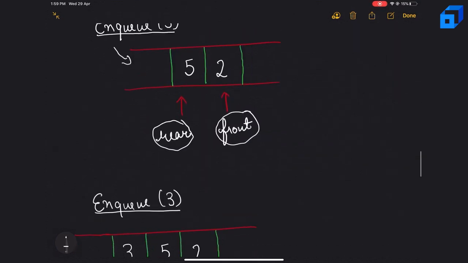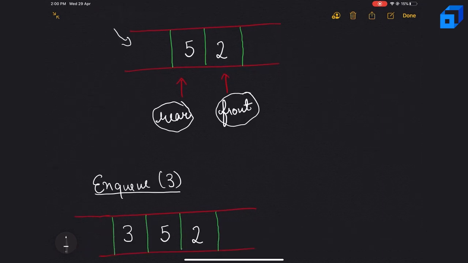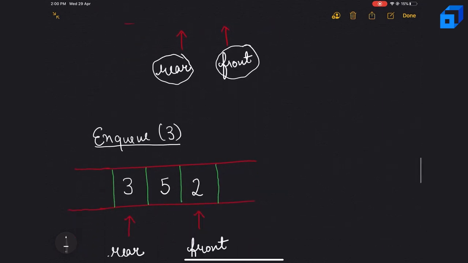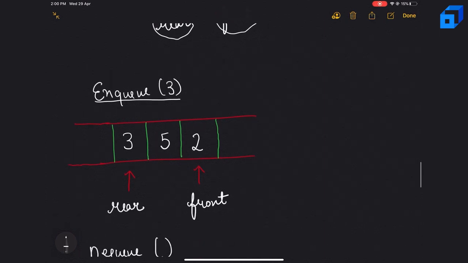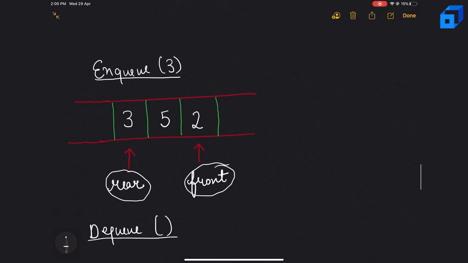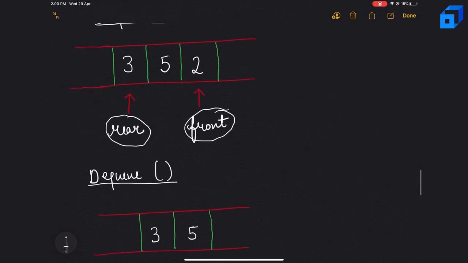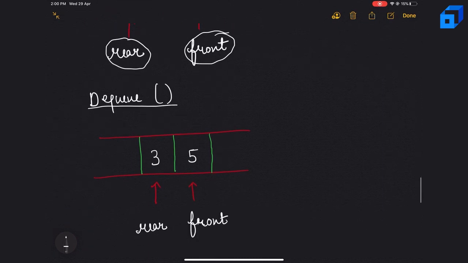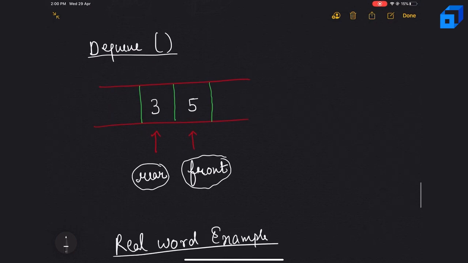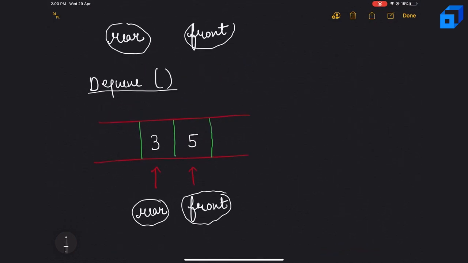Now let's say somebody asks for one more operation, to insert 3 into the queue. Then the snapshot of the queue will be something like this, where the rear is pointing here and front is pointing here. Now let's say somebody asks us to dequeue an element, that means delete an element. As we know, deletion occurs from the other end, from this opening of the container. So then our front got updated to 5 and the rear will be 3. So now we have done the simulation part and we have seen the queue at a high level.